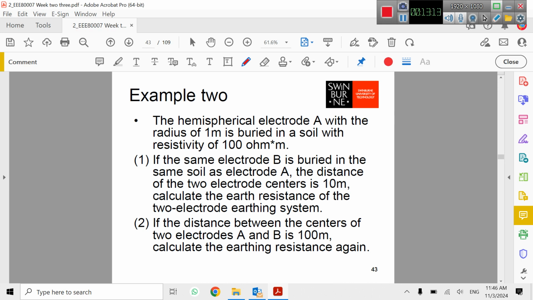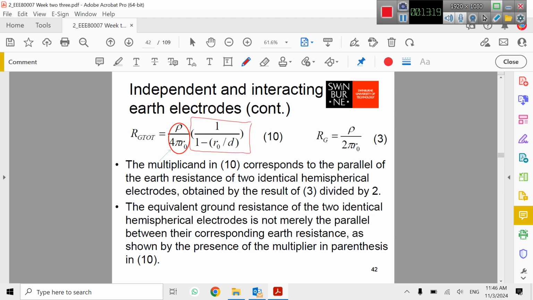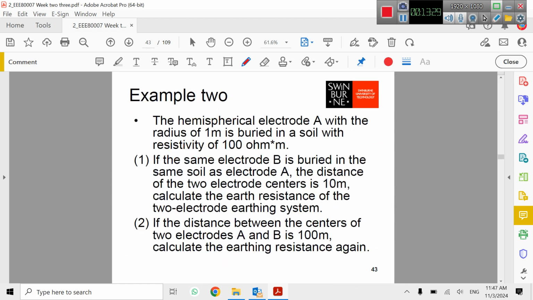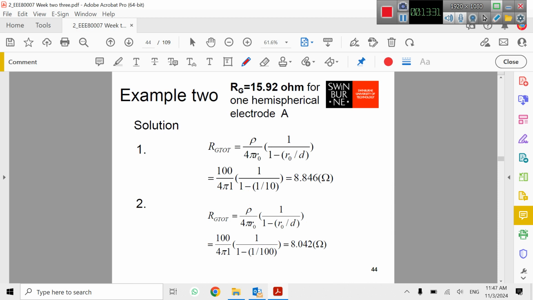So this is D. Calculate the earth resistance of the two electrodes. So easy peasy. We can use equation number 10. Rho is given as 100, R0 is 1, and D is 10. So easily you can find the value for